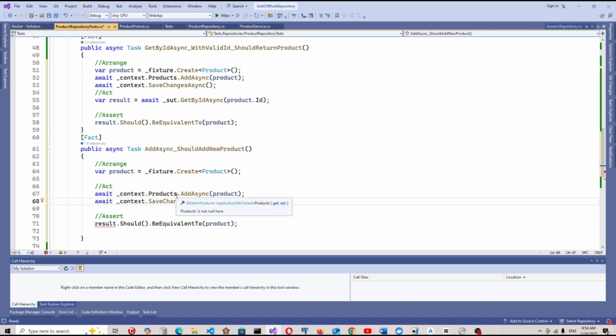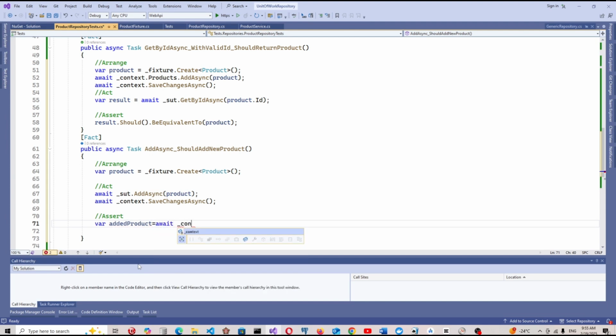This time we say SUT, system under test, add async product. And assert. In this assert we say first we get the product which is equal to